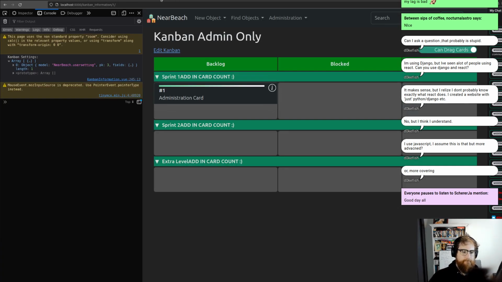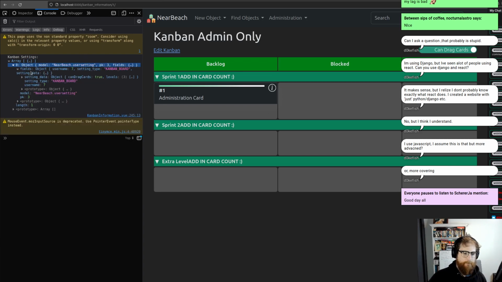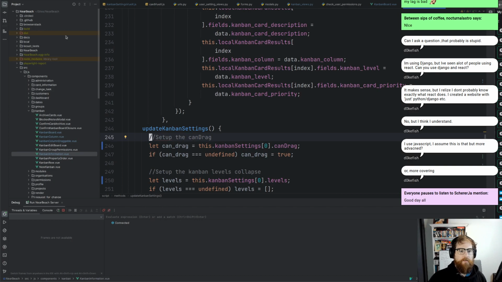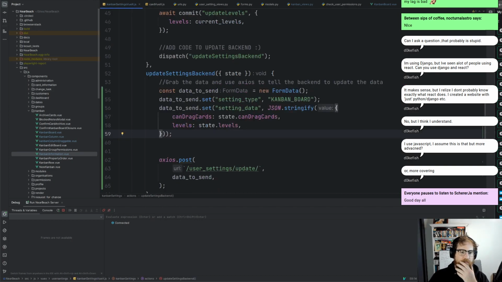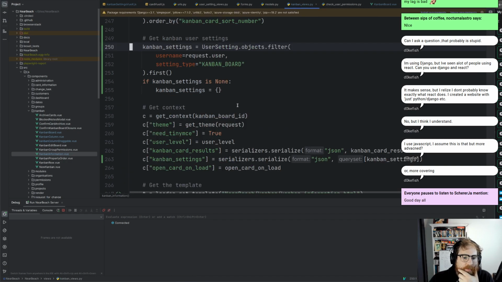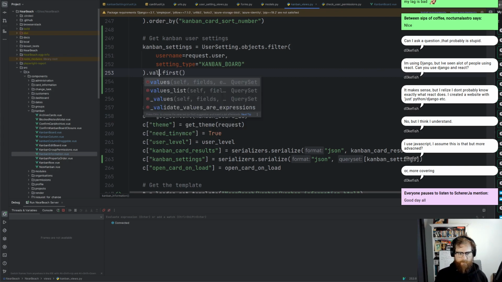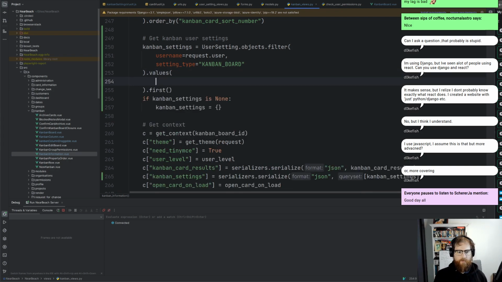Alright. I've mucked this up, but not a problem. Let's go to the Kanban settings view. We want the Kanban views. So user object settings, I want values. And then what I want is